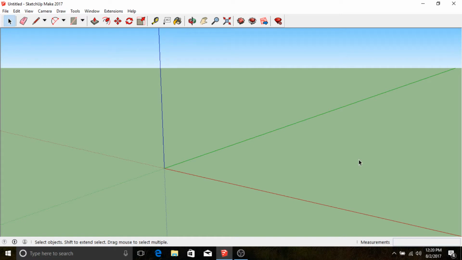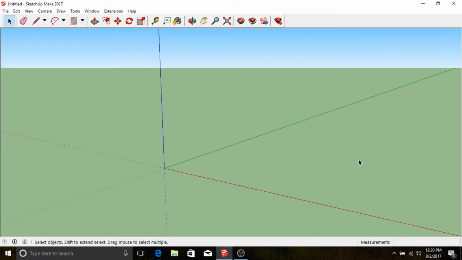Okay, everybody, so we're going to get started modeling a room. In this case, we're going to model the interior of a kitchen. And when you first look at the preview for this, you might think that it's maybe a little overwhelming, or that this is a lot more advanced than the previous lessons we've been working through. But in reality, we're going to be using pretty much all of the same commands and tools that we've